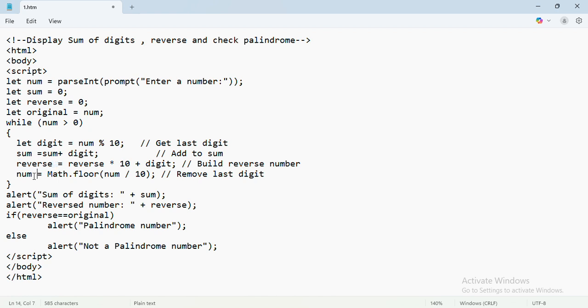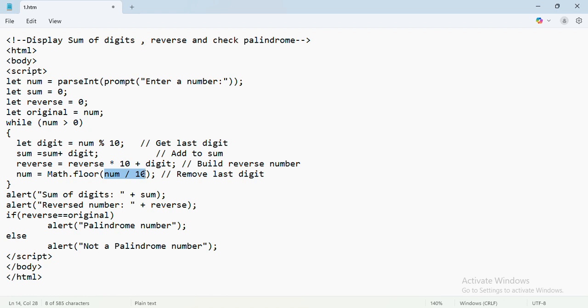Then after getting the last digit, I am interested in the remaining number. So I remove the last digit and I want all the digits which are remaining. To perform that, I'm using a division operation. I'm saying num, which is 123, divided by 10.